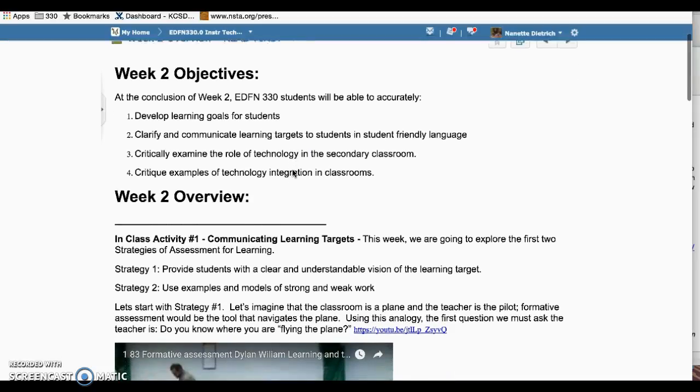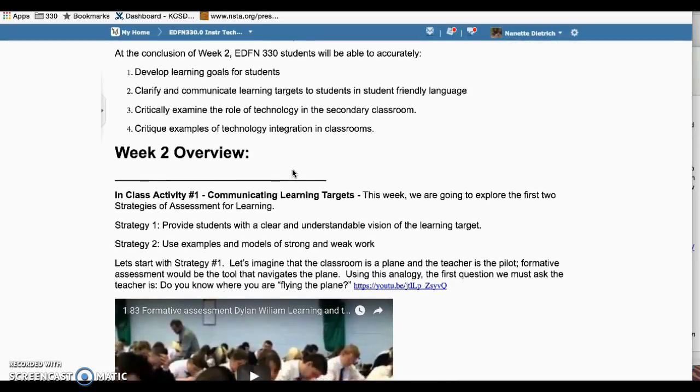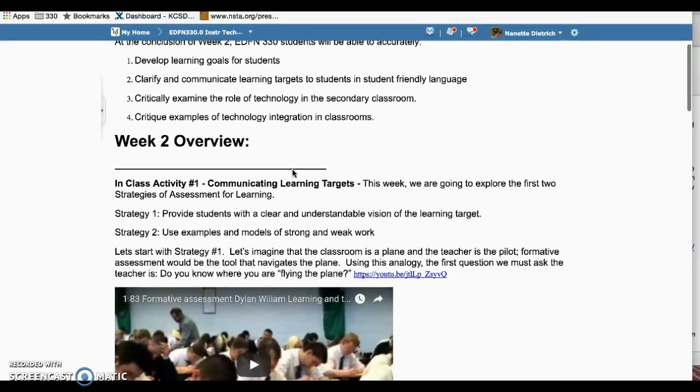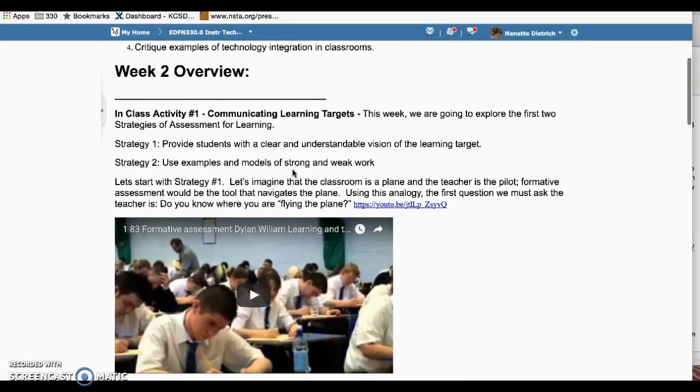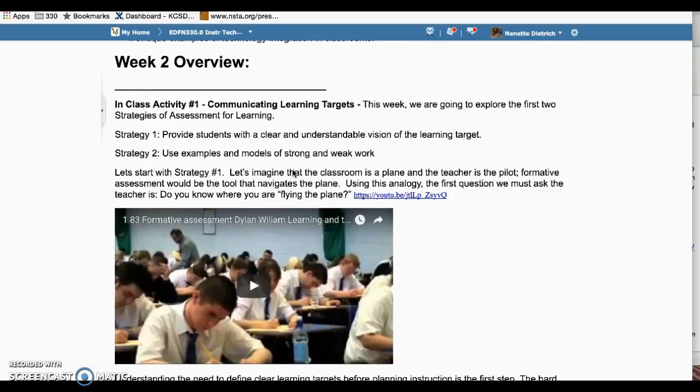It'll have the objectives listed, and then there are 2 in-class activities that they need to complete. The first one is where they're going to explore creating learning goals. Our textbook calls it communicating learning targets. Really the whole overview of the course when we're looking at assessment is to make sure that students talk about intentional teaching and learning, so starting with a clear learning goal, designing instruction that aligns to their own stated learning goal,